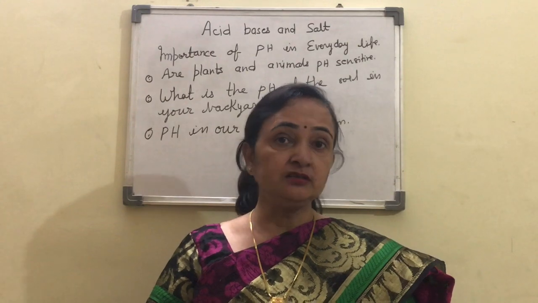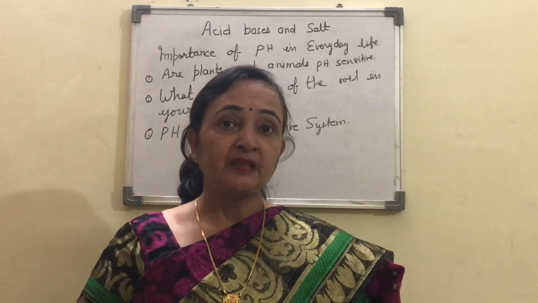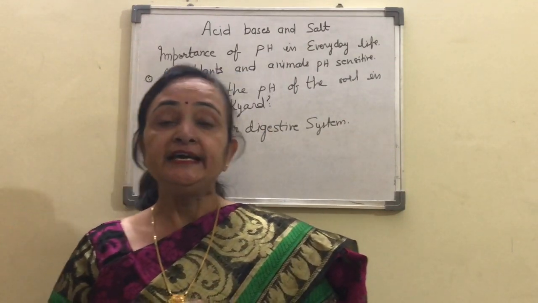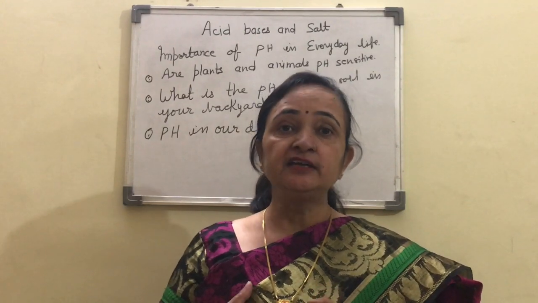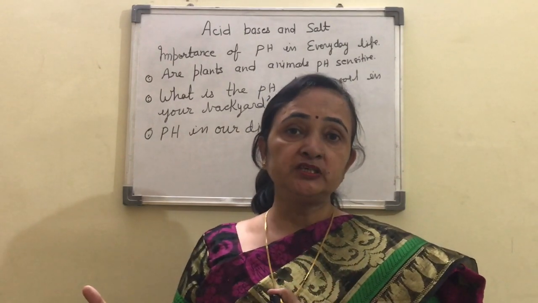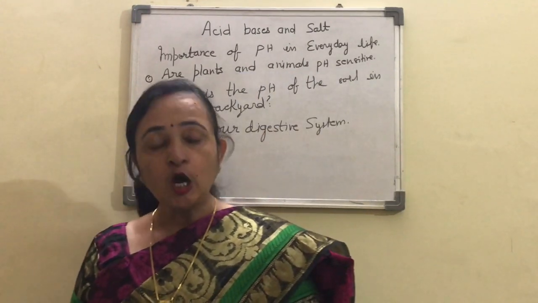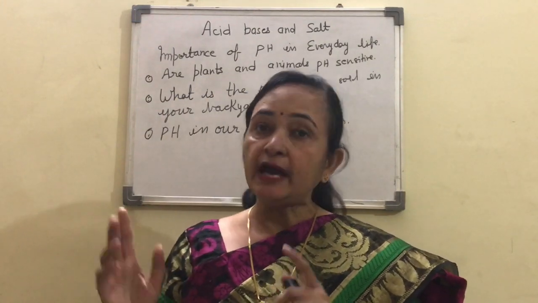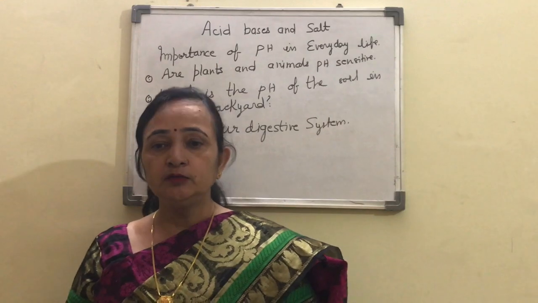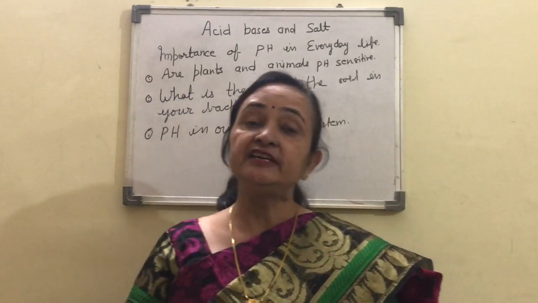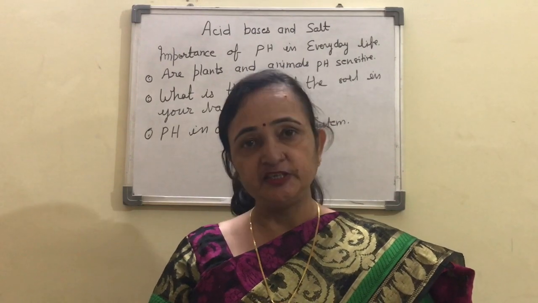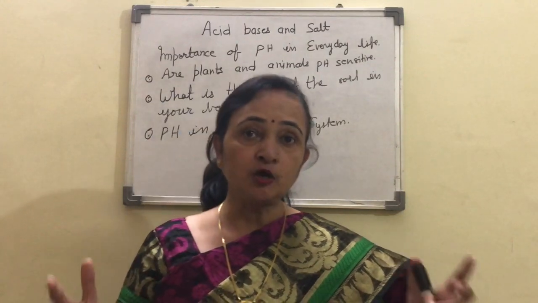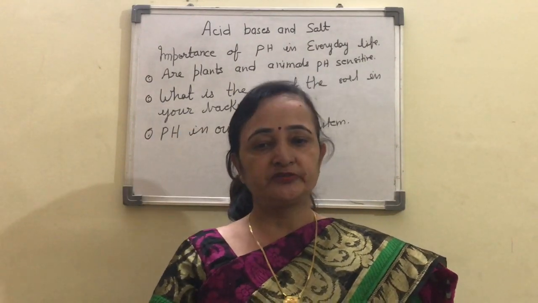So in that condition, the condition of acidity, we feel pain and irritation in our stomach. In that condition, we use a basic solution, that is, we can use antacid tablets, or any other mild base. Don't take a strong base, you have to take a weak base, like magnesium hydroxide, which is also known as milk of magnesia. This question can be asked: what is milk of magnesia? You can say that milk of magnesia is magnesium hydroxide.